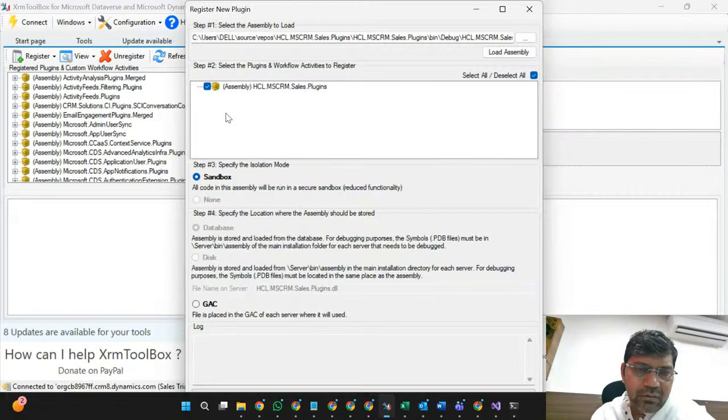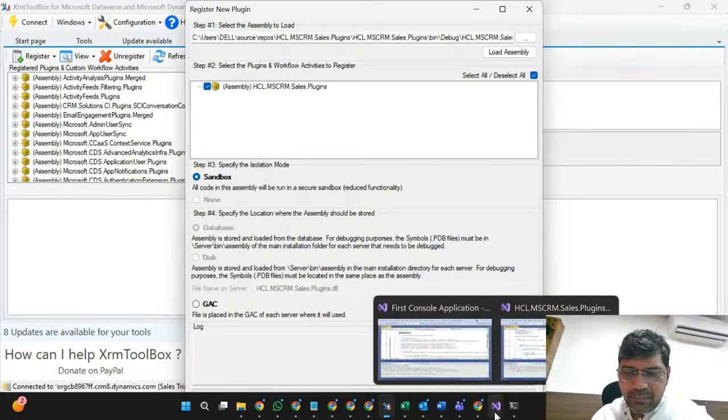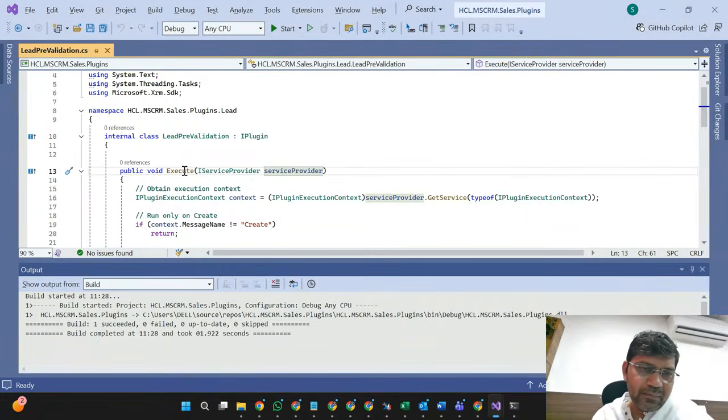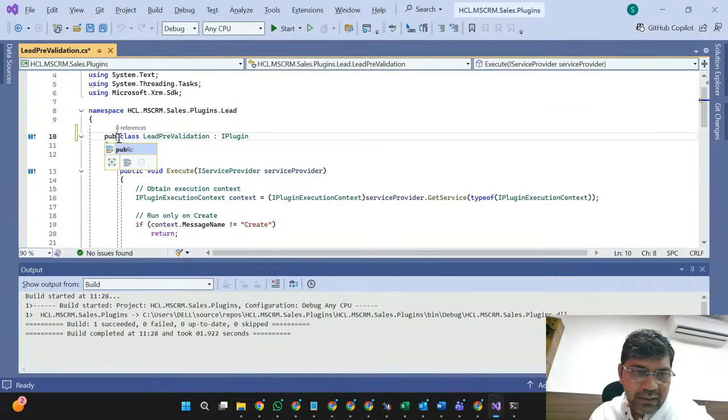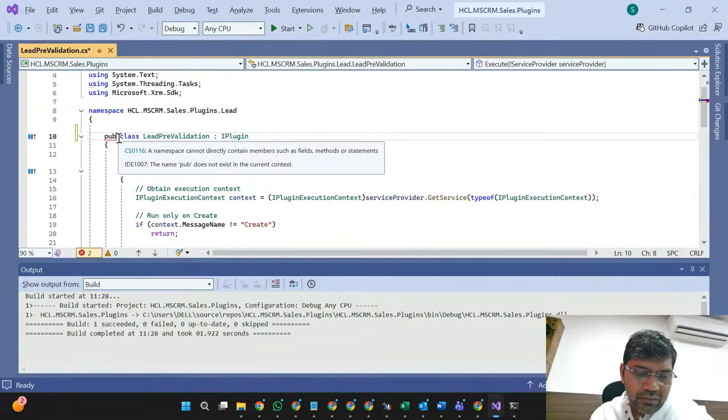But here I'm not able to see any plugin code. So now you should understand the power of this access specifier, because this is internal. So under this namespace there is no plugin code. Okay, let's change this internal to public.